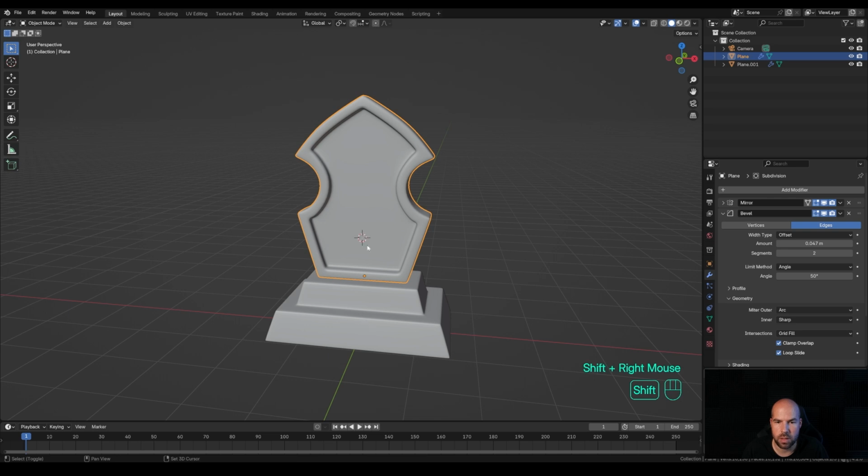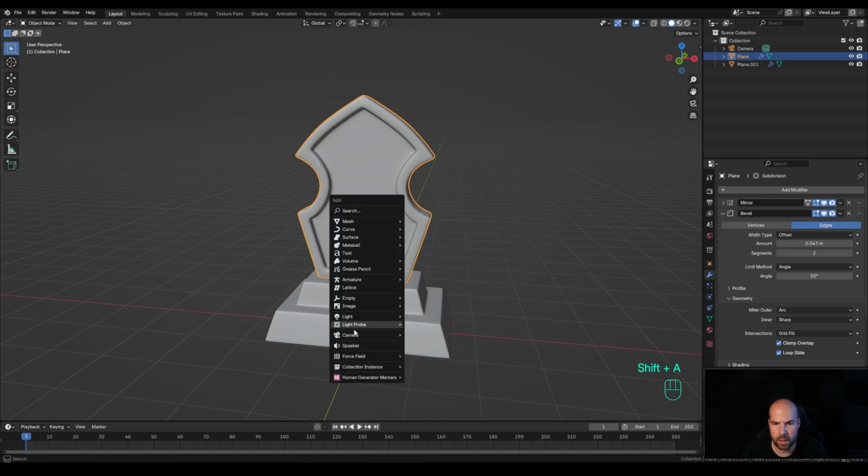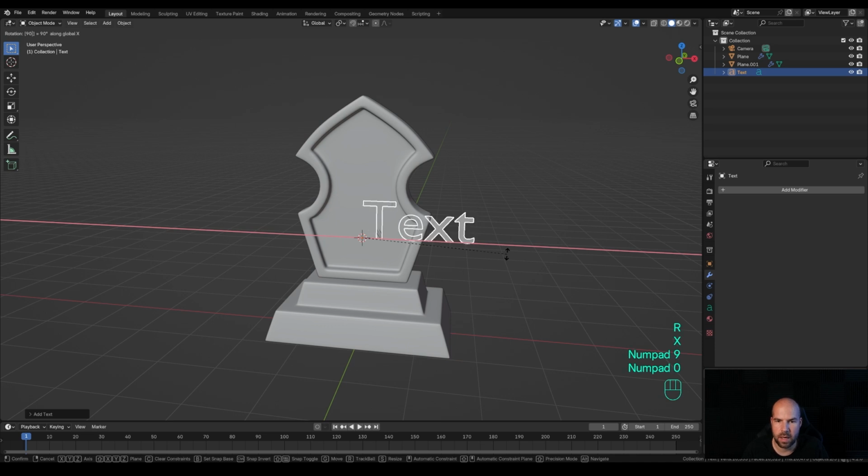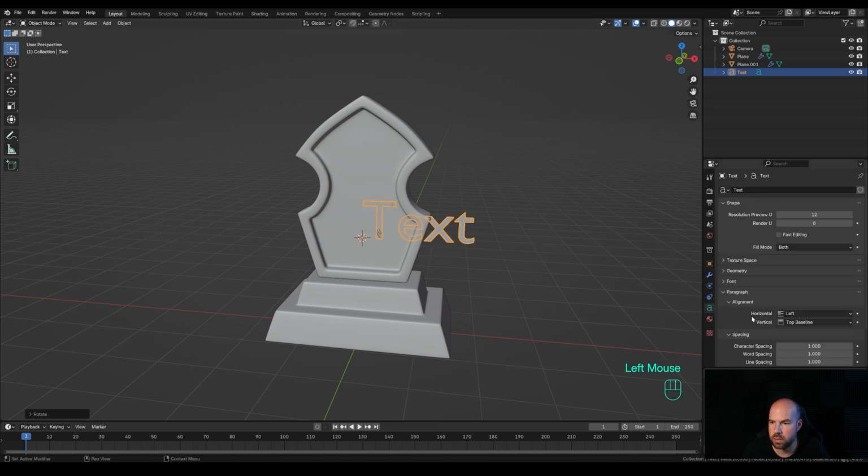So let's shift and right click here to move the cursor. So shift A and let's add the text object. Now press R, then X and 90 and confirm with enter to rotate 90 degrees. So let's go to the text settings and we'll switch this to center and here to the middle. Let's press S to make this smaller, and I think a thicker font will be fine, so I'll just go